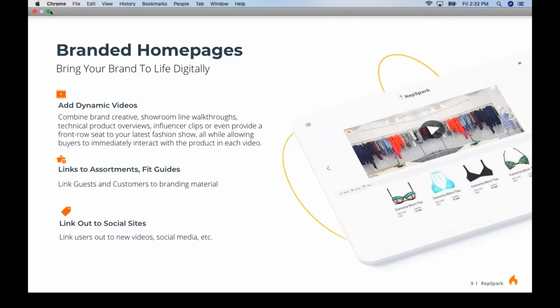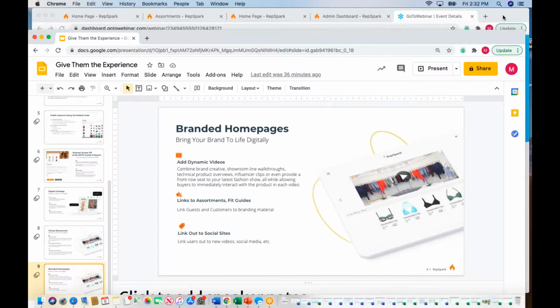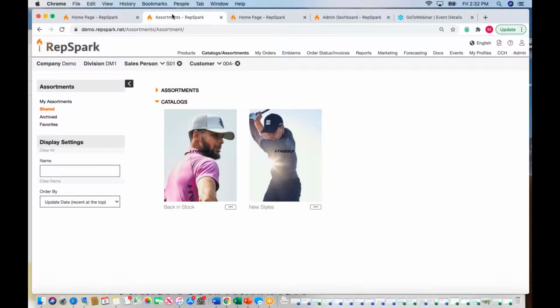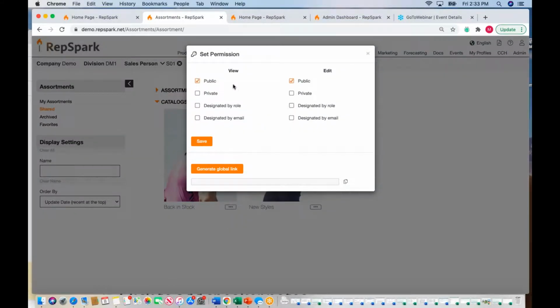Remember, digital catalogs, they're truly interactive, they're custom, you can make catalogs for different buyers, you can make catalogs for different shows, and again, making these public, you can now really expand your reach with these catalogs and start the funnel of somebody starting with a catalog, moving to request access, giving them guest access, and then hopefully becoming an actual buyer. You can do the same with your virtual showrooms, really doing dynamic videos and your shopping experience,